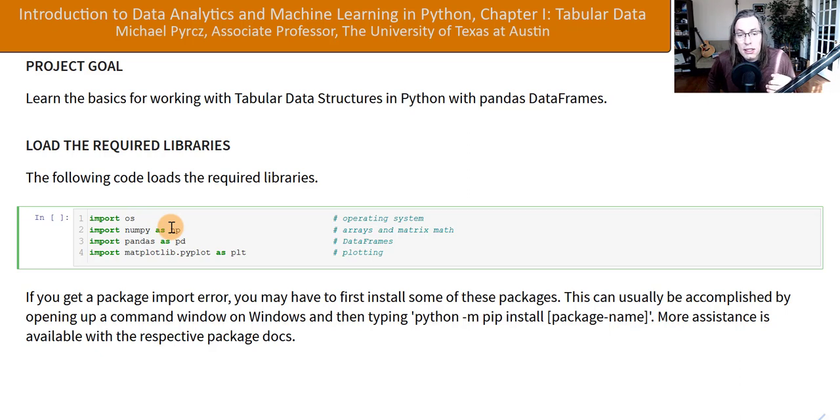Now, my goal is never to load or import libraries I don't need to use. It just causes clutter and confusion. And if I think about it, the very bare essentials I'll need for this project, this demonstration, will be os. You'll see why I do that, but it allows us to work with the operating system, numpy as np. Now you might think that's a little contradictory because I told you we're going to do numpy ND arrays for gridded data later, but at times we're going to use numpy functionality and demonstrate the ability to go back and forth. Pandas as pd, as everybody does for the data frames themselves, and matplotlib, the pyplot module as plt,